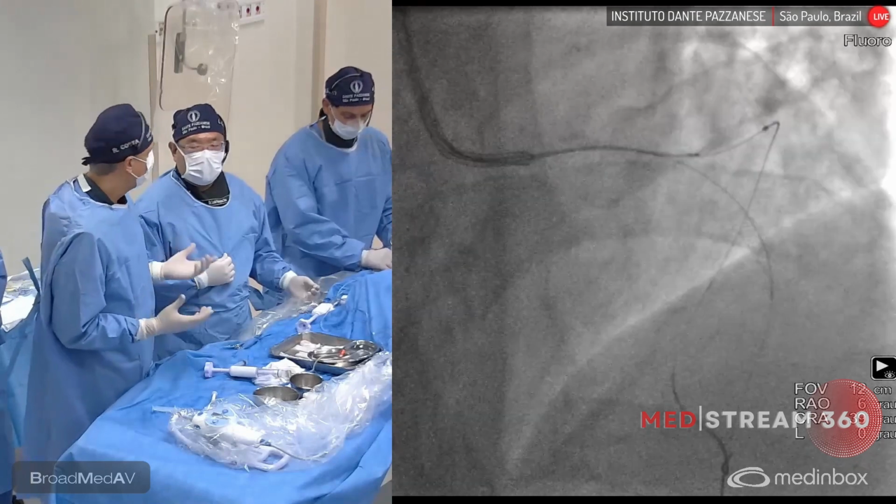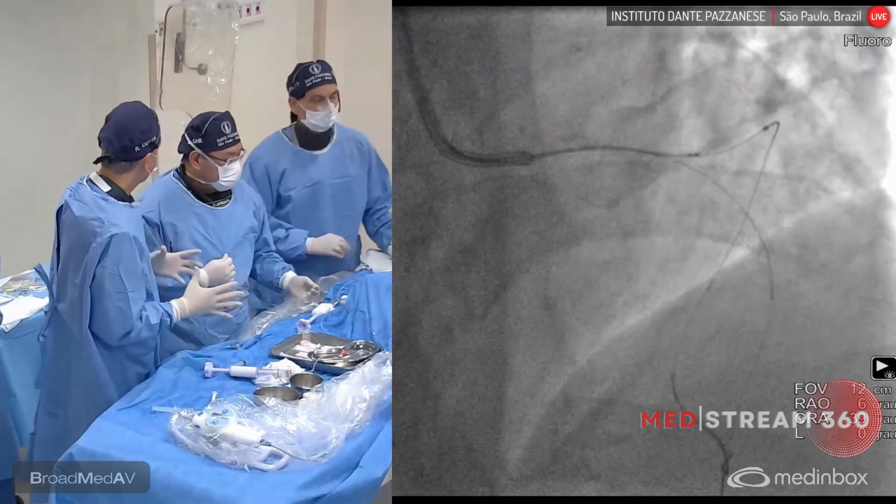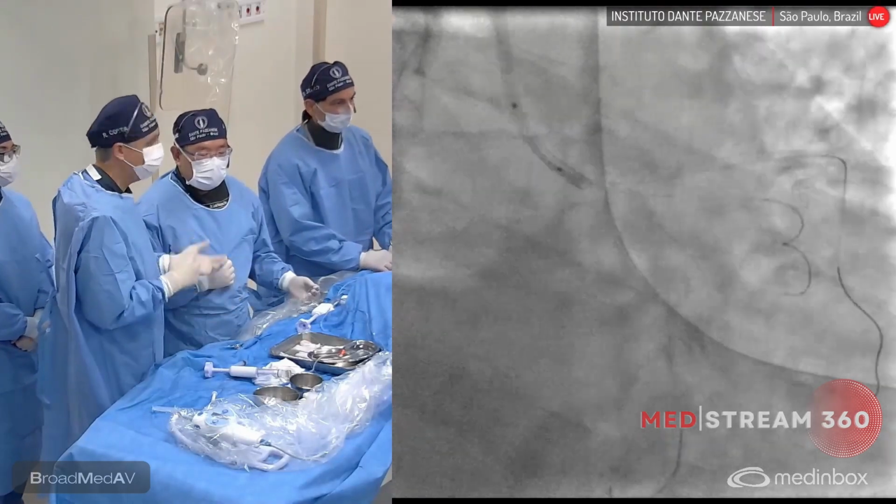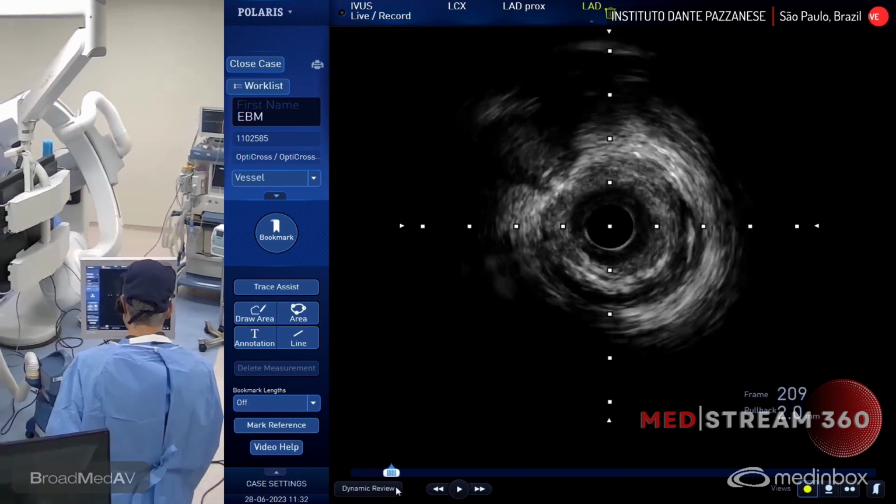And I see you have done IVUS. So what's important here, Louis, is to do the IVUS when you have this type of anatomy, bifurcation, to see the full extension, involving the left main, different diameters. Final result with the stent implanted